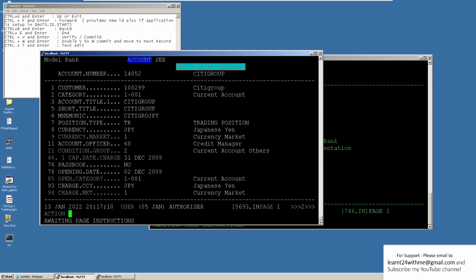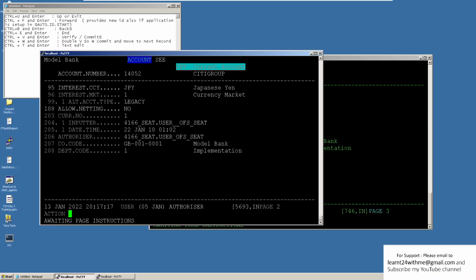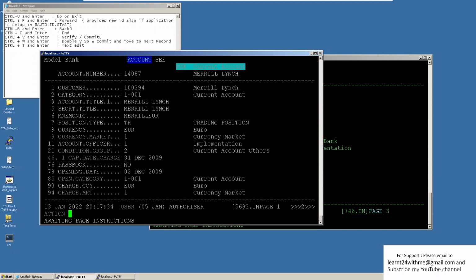So in this way you can see all the accounts in that exception list. I hope you understand what is the use of Control W. We can see all records sequentially. And if you want to come out, just type Control U, enter.